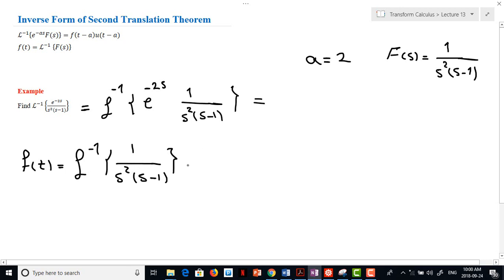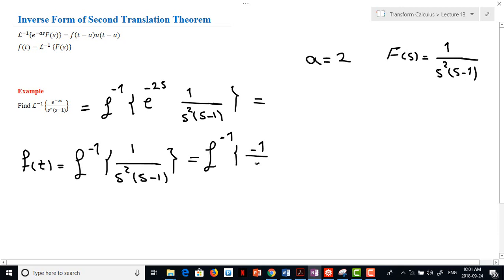So I have to use a partial fraction to solve this, to find the Laplace inverse of this function. If I use partial fraction decomposition, this function is very easy, so you can easily find it's equal to Laplace inverse of